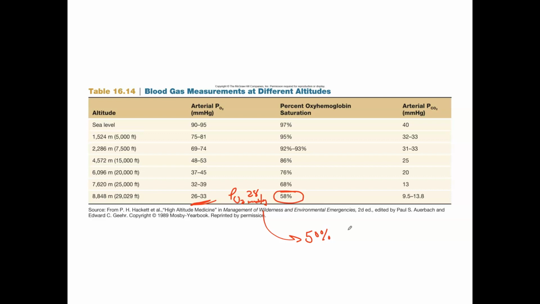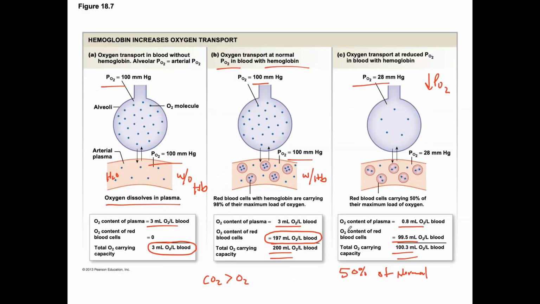So the total number of binding sites is obviously dependent upon how much hemoglobin you have and how many red blood cells you have. And going back to this diagram, we can see how important hemoglobin is, because we can carry much more oxygen when we have hemoglobin. And so obviously how many red blood cells we have is very significant. So any pathology that decreases hemoglobin or decreases the number of red blood cells is going to affect your oxygen carrying capacity. So how do we normally move oxygen